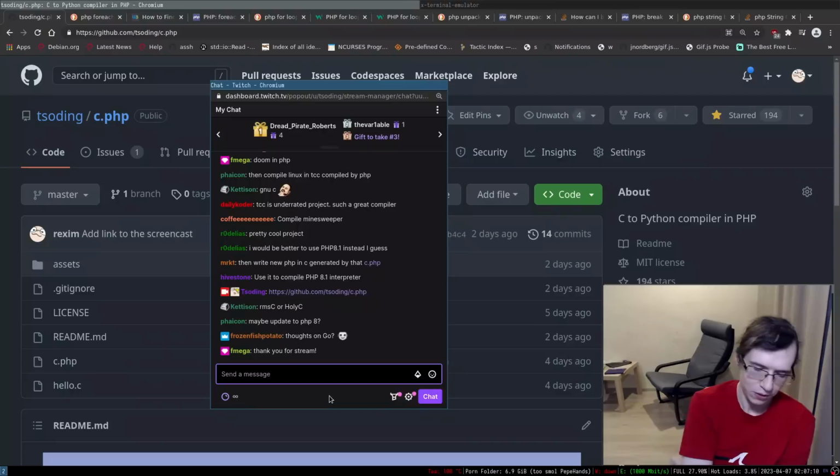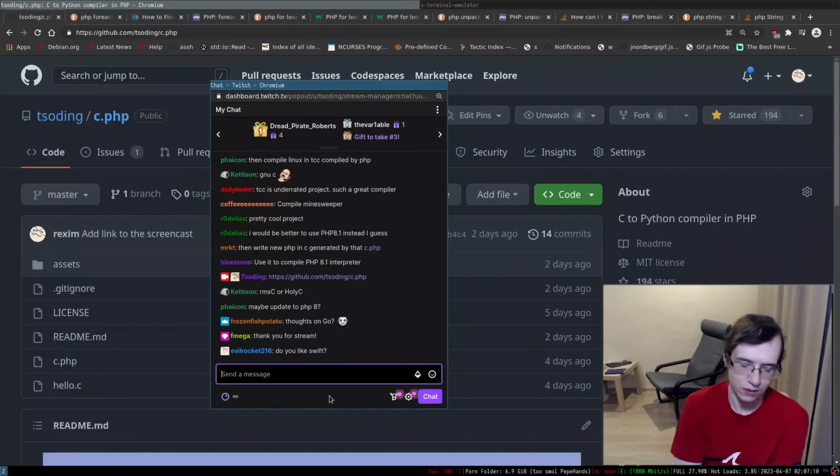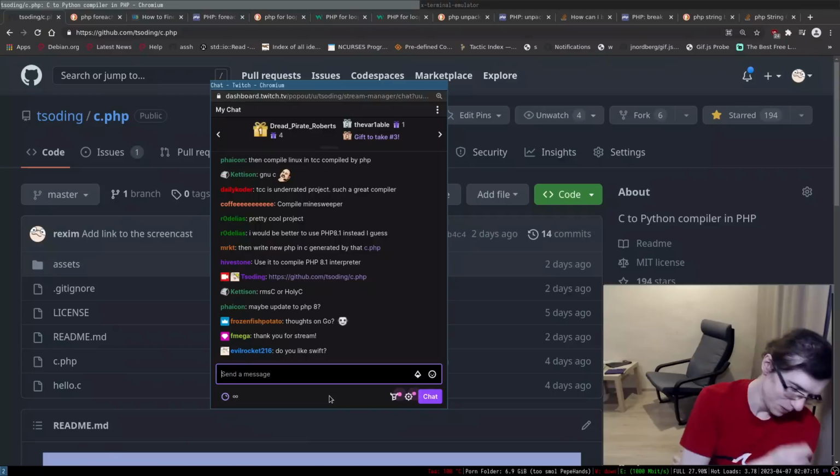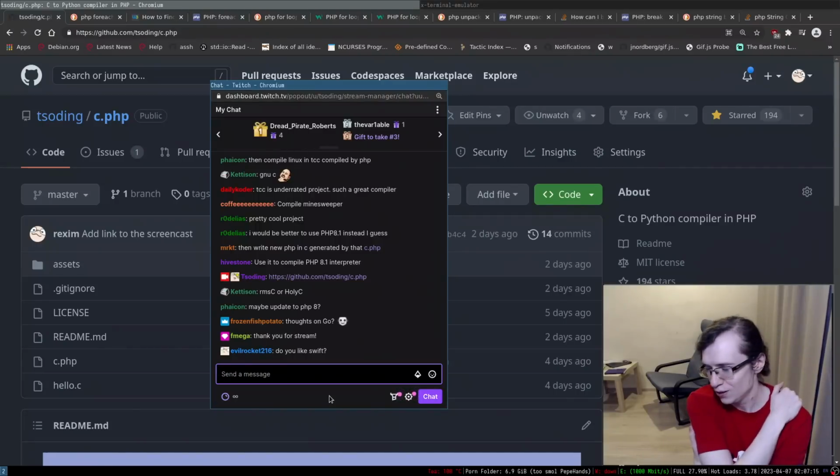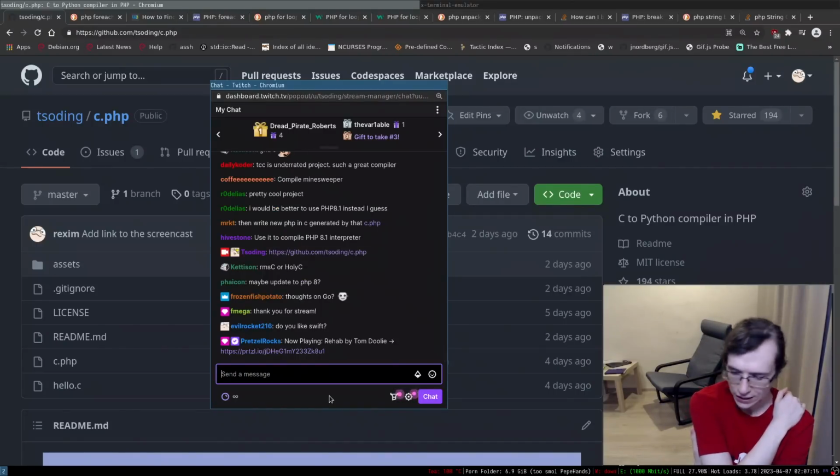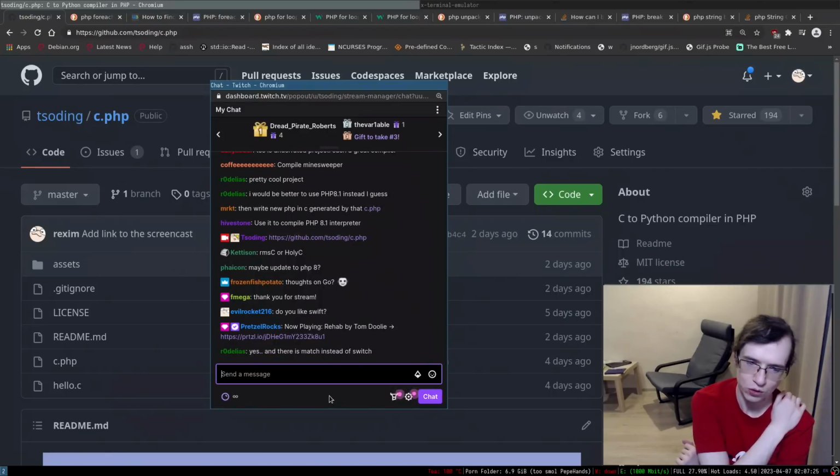Thoughts on Go? I mean, it's using telemetry, come on. Unfortunately, I still have some projects in Go that I cannot easily migrate, but overall, I'm not starting any new projects in Go, that's for sure. Do you like Swift? We discussed Swift today. But the problem is that Swift doesn't really easily run on my machine.